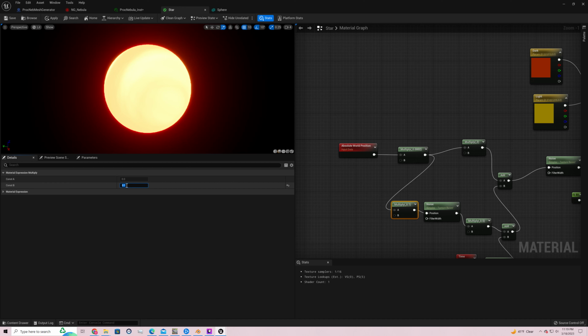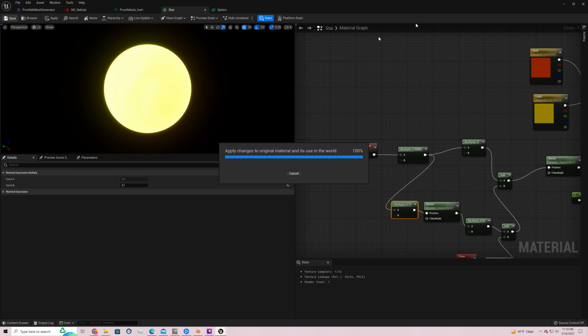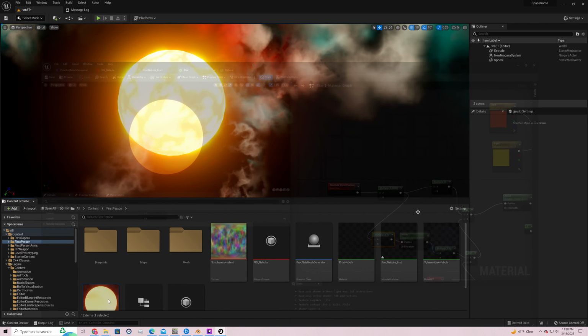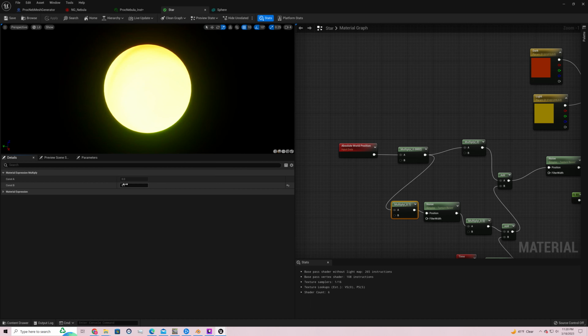What is this thing? Am I going up or down? Okay, I went up. So that means bigger number equals smaller noise. So, well,